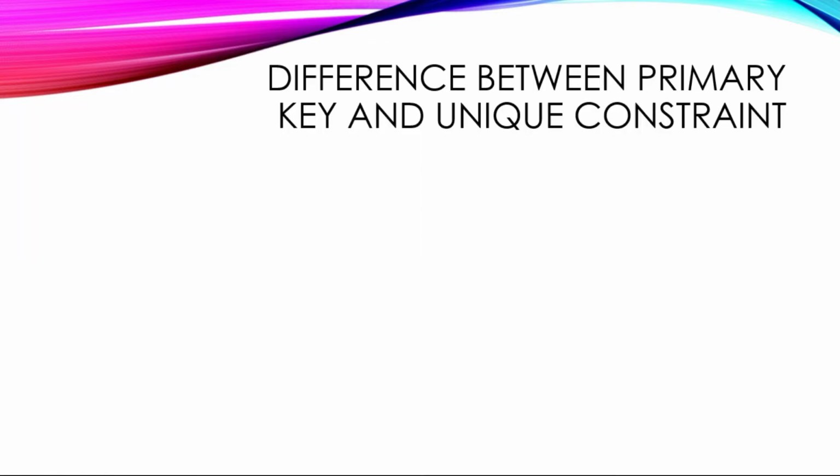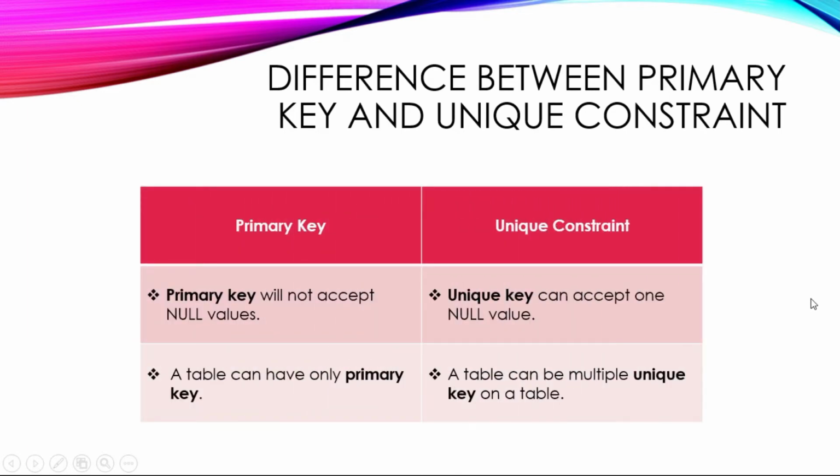Next is a very important difference between primary key and unique key. Now primary key also holds a unique value and unique constraint also holds unique value. So what is the difference between primary and unique? Here in this table we will see primary key will not accept null value. If you are defining a particular column as primary key, it will not accept null values, whereas unique constraint will accept